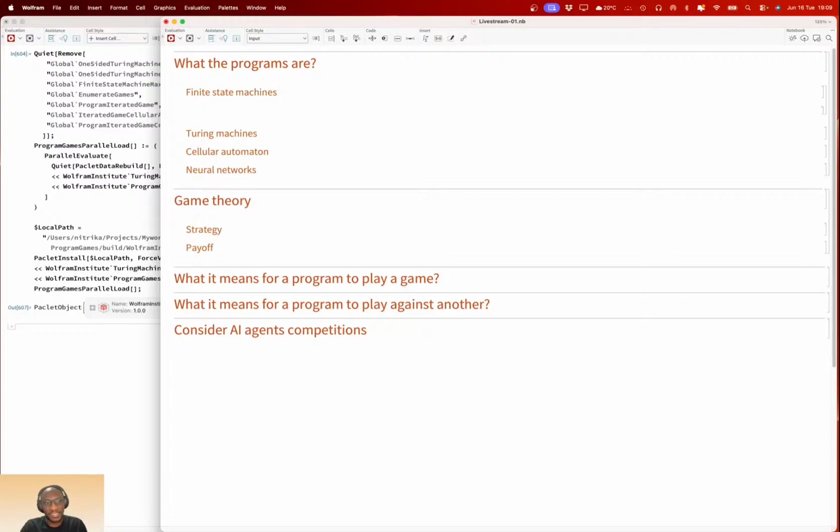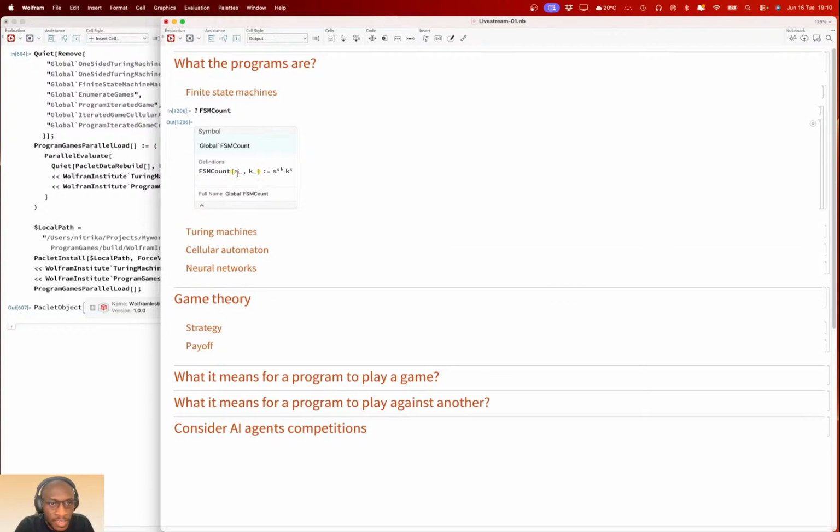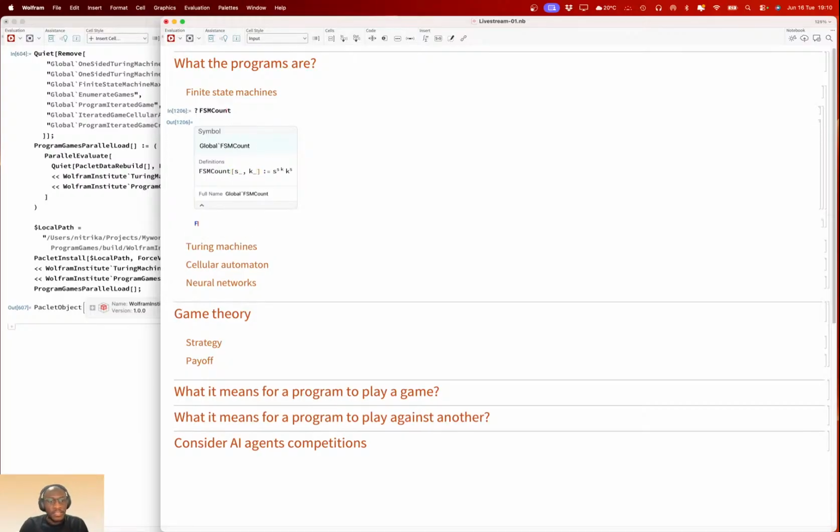Let's see how many there are. So FSM, let's find out how many we have. Is there a function for counts? I don't know. This is SK. So find how many there are.